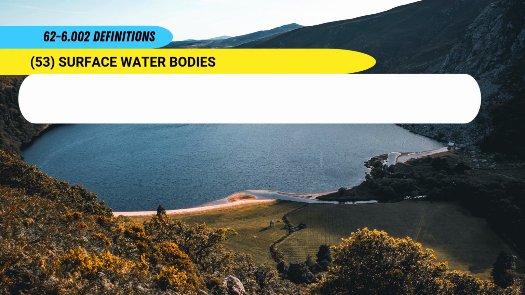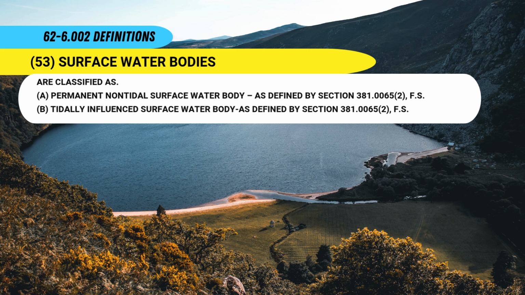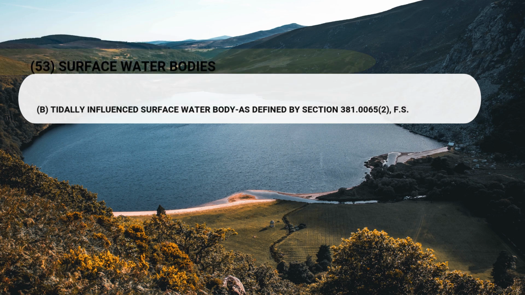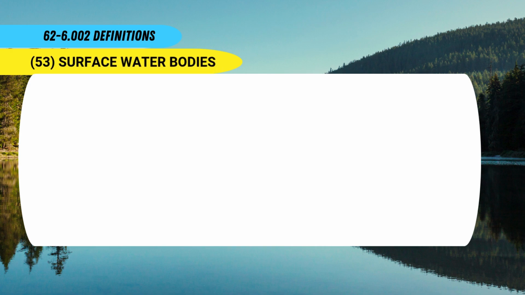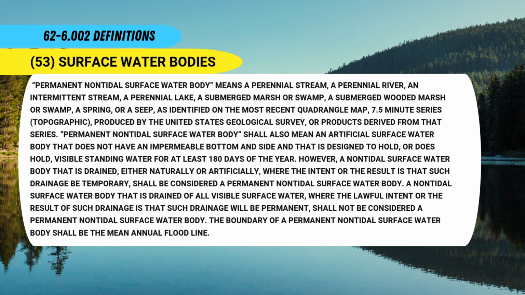53. Surface water bodies. Permanent non-tidal surface water body means a perennial stream, a perennial river, an intermittent stream, a perennial lake, a submerged marsh or swamp, a submerged wooded marsh or swamp, a spring, or a seep, as identified on the most recent quadrangle map, 7.5-minute series, topographic, produced by the United States Geological Survey, or products derived from that series. Permanent non-tidal surface water body shall also mean an artificial surface water body that does not have an impermeable bottom and side and that is designed to hold, or does hold, visible standing water for at least 180